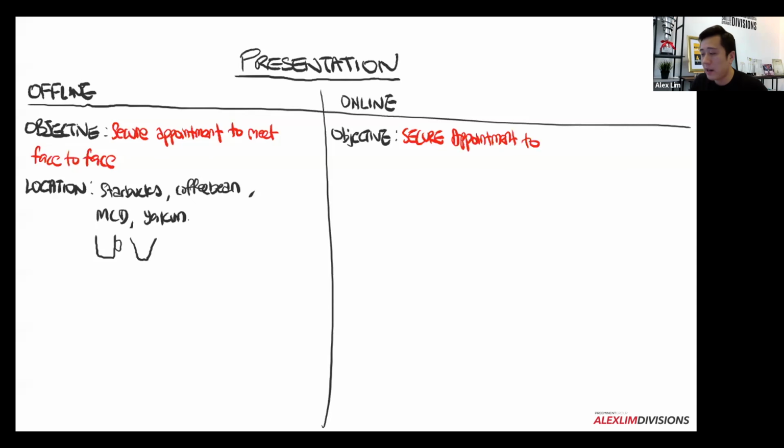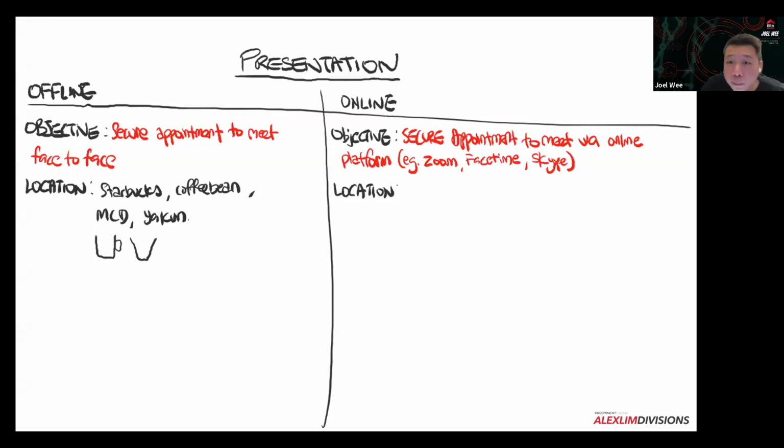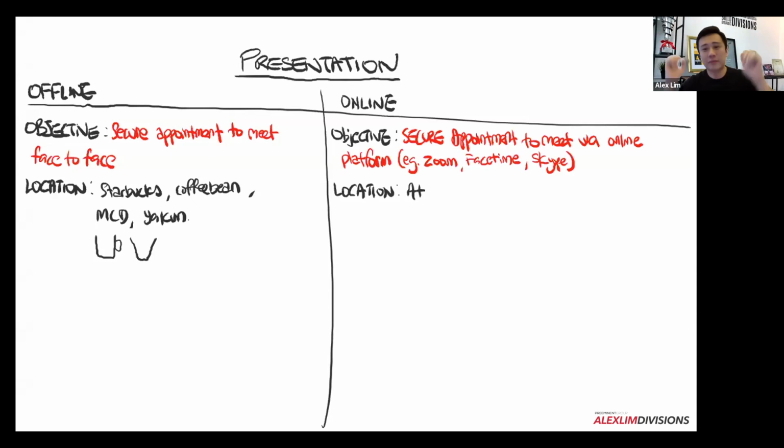Are you able to sign an exclusive online? Yes, can. Are you able to sign a deal, an OTP, online? Can. So where will your location be? You'll be at home, in your shorts and T-shirt. Maybe you can have a fake background like mine, as though in the office, but actually I'm at home. This is a virtual background. But the objective is now to have a digital presentation.